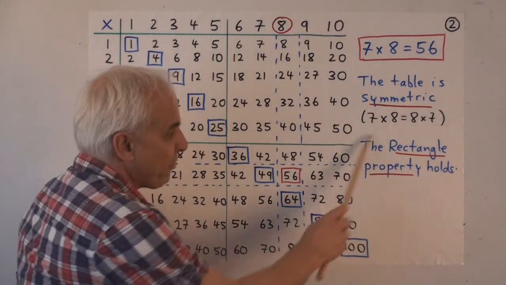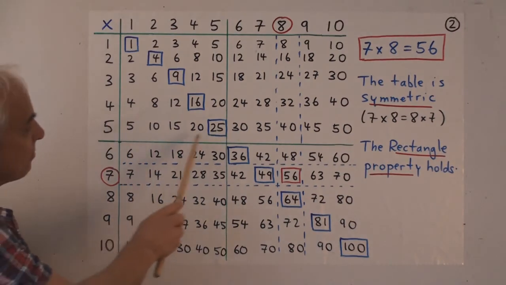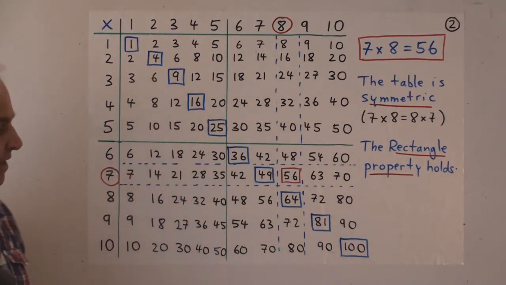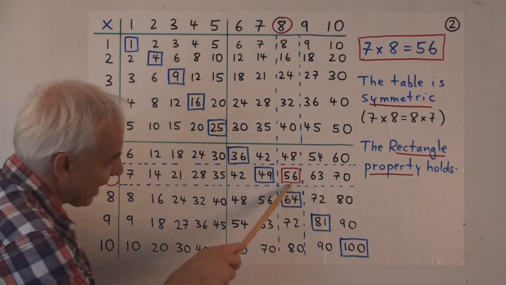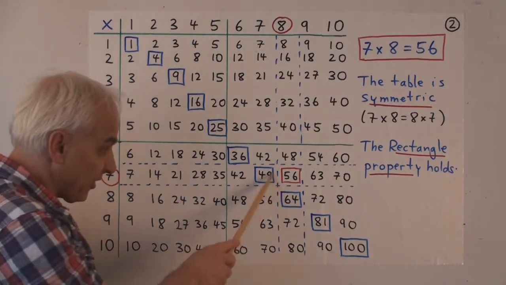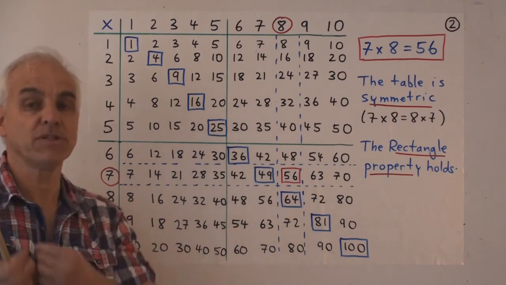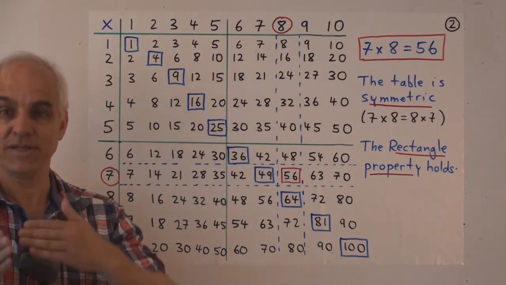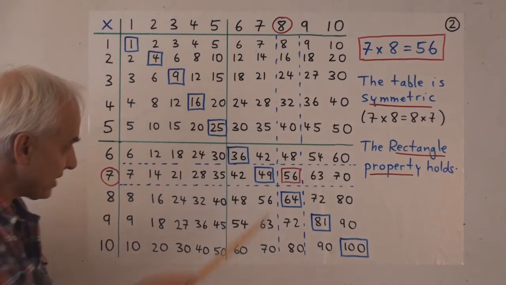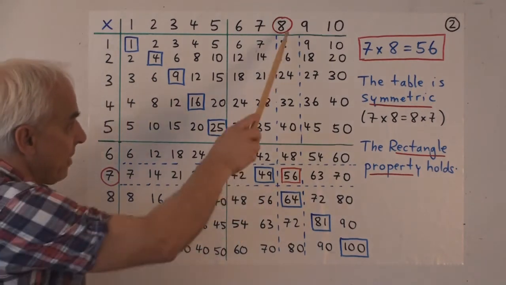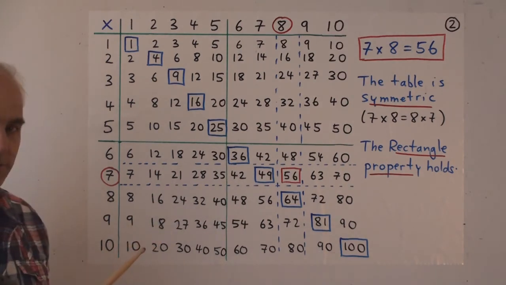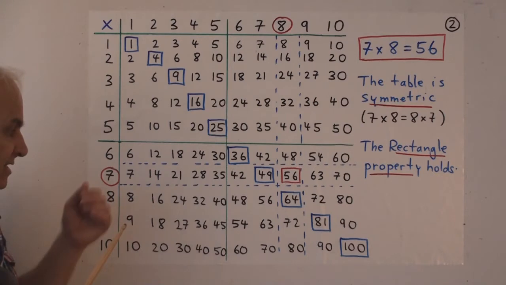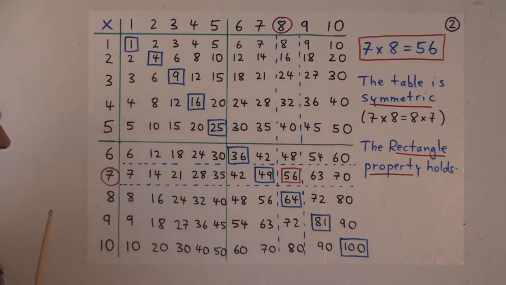The rectangle property, that was a nice property we mentioned in the 5 by 5 case, that's still valid here in this bigger table. And what is it? Well, it's the property that a particular entry, say this 56 here, is actually counting something that you can see in the table. So this 56 represents 7 times 8. And 7 times 8 is the number of cells in a rectangle, which has 7 and 8 as its dimensions.